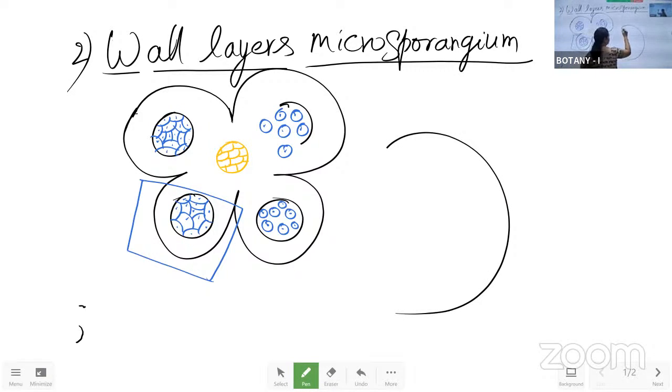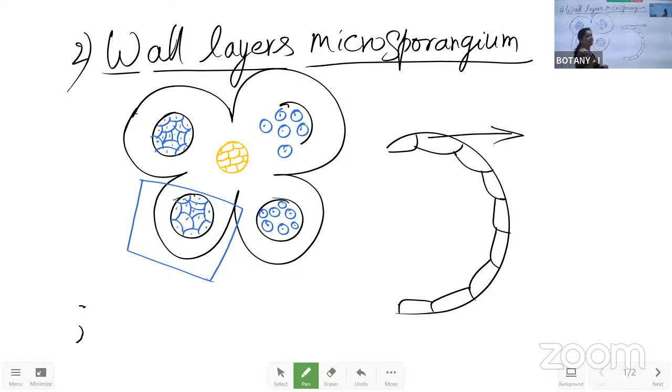Okay. Now the microsporangium wall layers are 4 in number. That means the microsporangium is having 4 different wall layers. The first one is the epidermis. Epidermis is the outermost layer for the microsporangium, that is for the anther, which is protecting the anther from the outside environmental conditions. And this epidermis is made up of simple parenchymatous